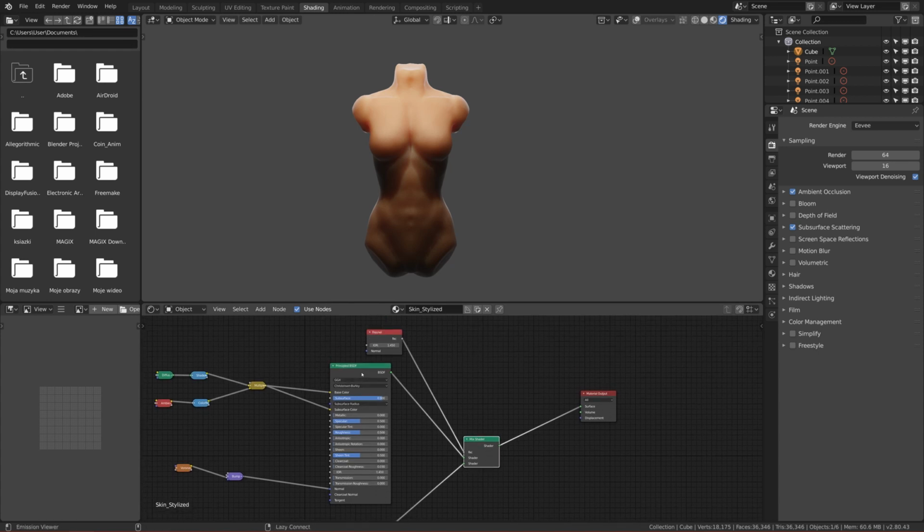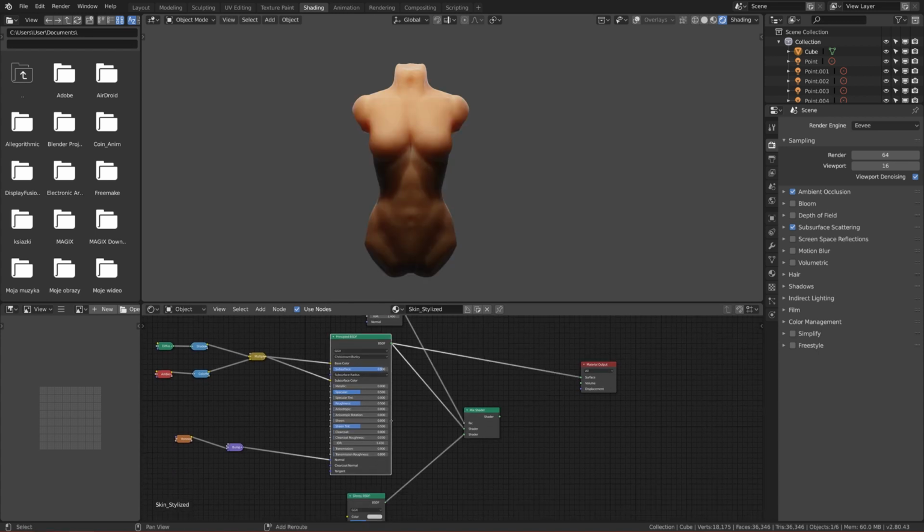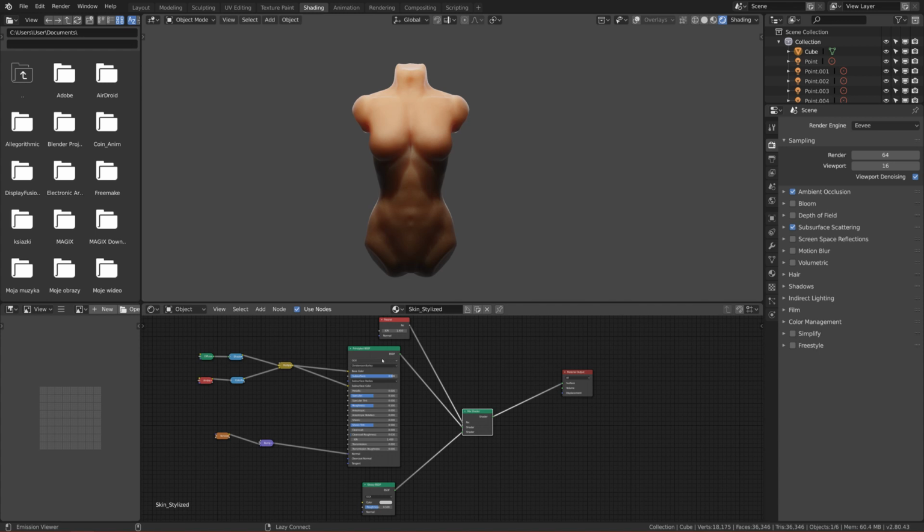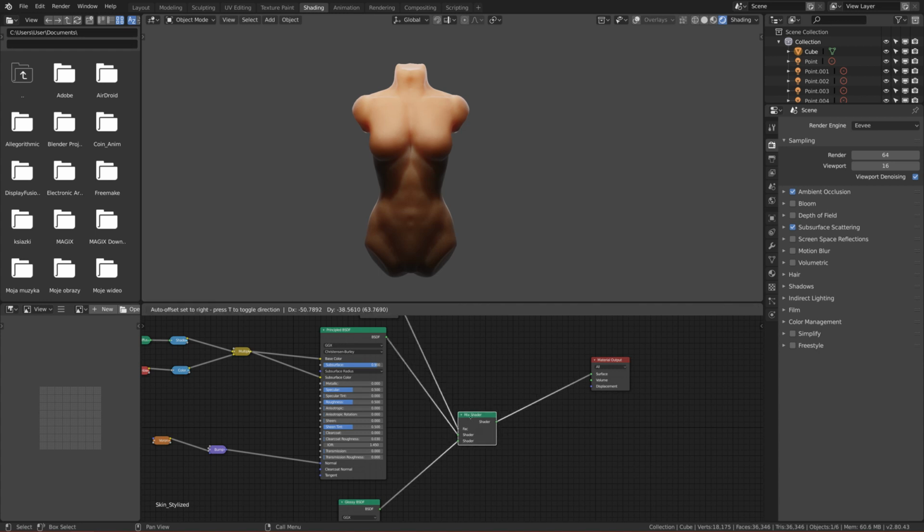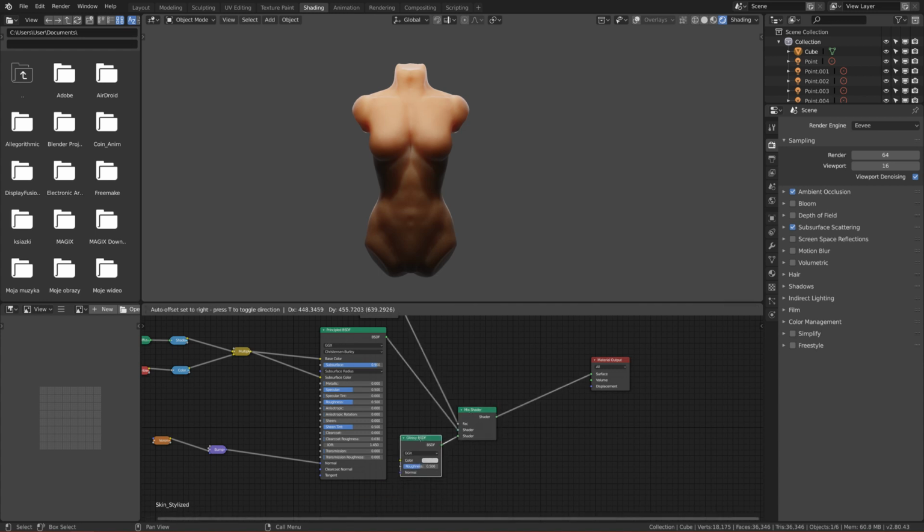And if you can't see it, just compare this one to this one. Yeah, as you can see, we have better silhouette of our model. So here, for example, you can see it better, and also here it is very slight detail, but it adds a lot to our model. So we can move the glossy here,